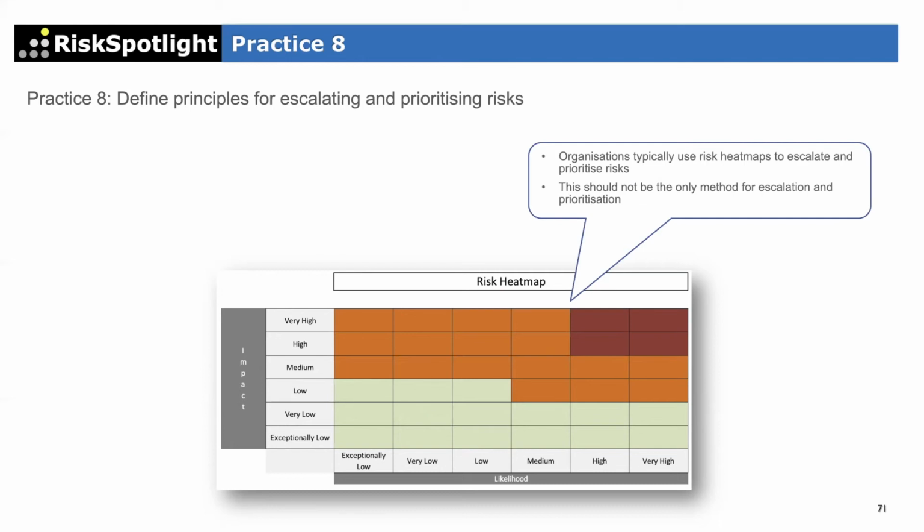What are the set of principles we can use to prioritize or escalate, so that if we have 200 risks in a risk register and I need to present 10 risks to my board, how would I pick which 10 risks do I put into my board report? And you can't just have a risk heat map as a way to do that, because the whole exercise of risk assessment is to prioritize, but I shouldn't have to go through that process. There are still a lot of ways in which I can prioritize risk without necessarily capturing the likelihood and the financial impact and the reputational impact.